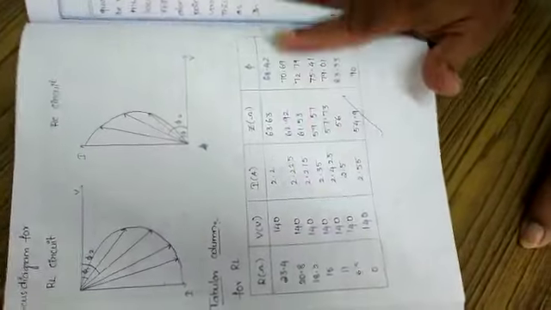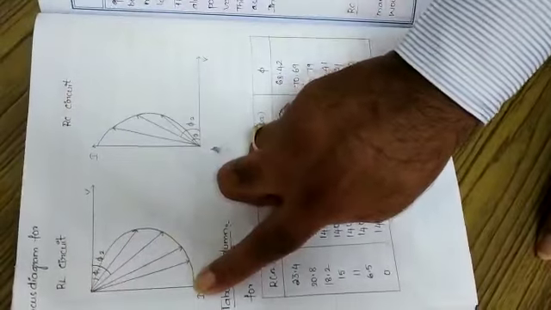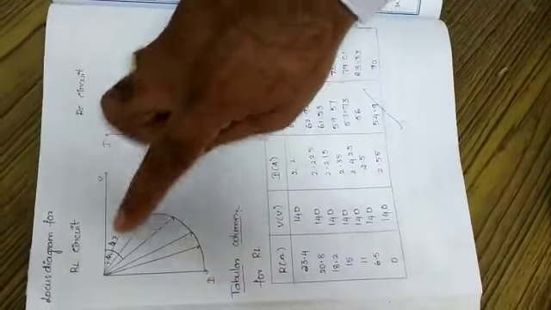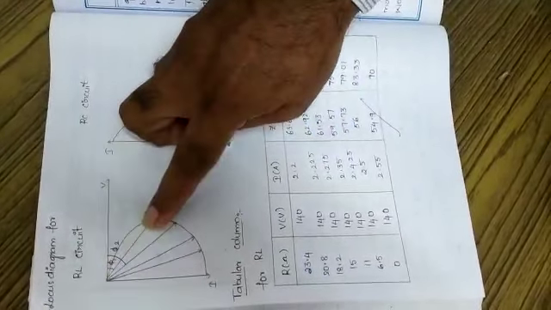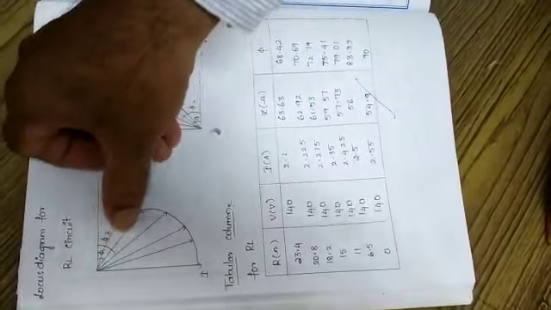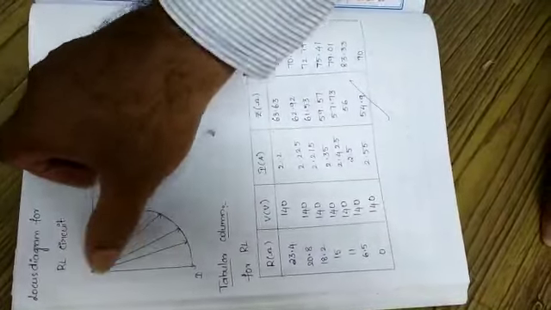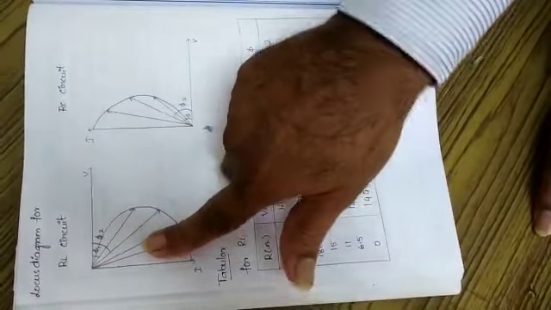Then, using this angle and the magnitude of current and voltage, we draw the locus diagram of RL and RC. In the case of the RL locus diagram, we calculate every time the phase angle and the magnitude of current. Voltage is taken as a reference. By taking the phase angle and the magnitude of current, we draw the different points of the locus, and when all these points are joined, we get the RL locus diagram.